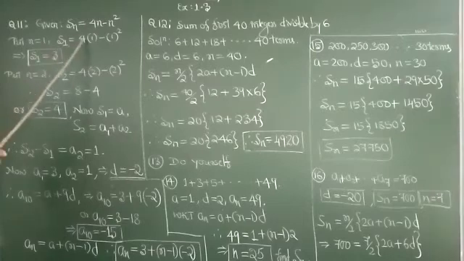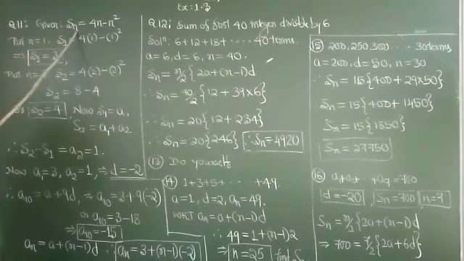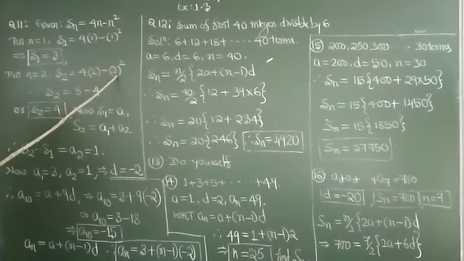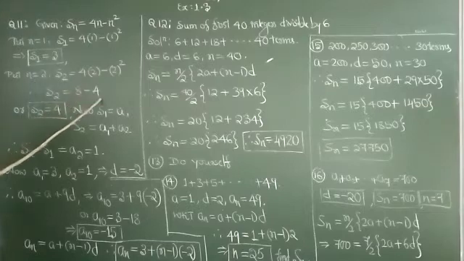So S1 equal to 4 into 1 minus 1 square. I have got S1 equal to 3. S1 is nothing but A1, or it is nothing but A, the first term. Then if I put n equal to 2, I will get the sum of two terms. S2 equal to 4 into 2 minus 2 square. 4 into 2 is 8, minus 4, I have got S2 is 4.